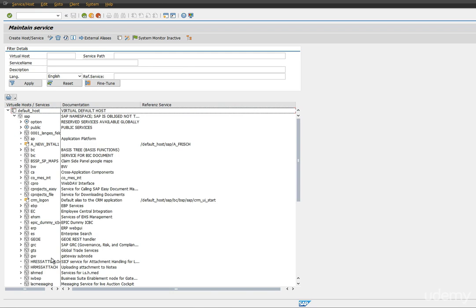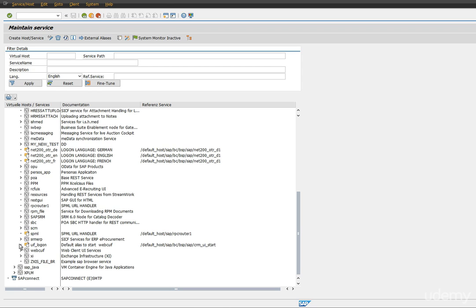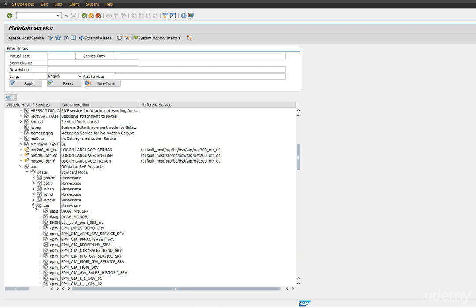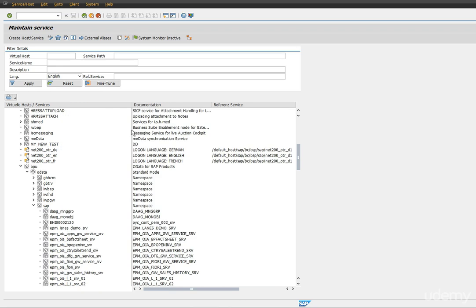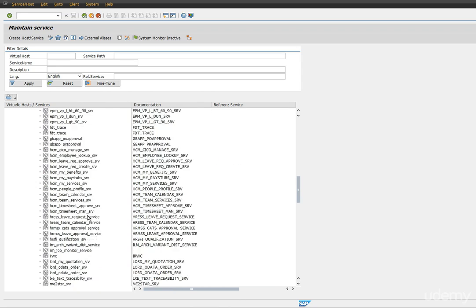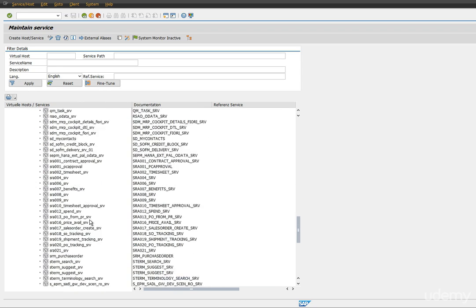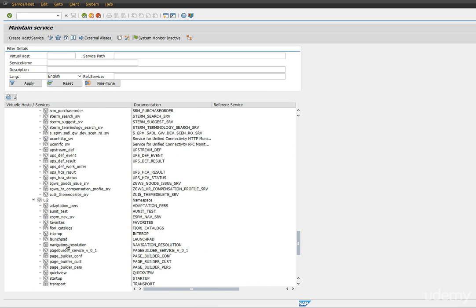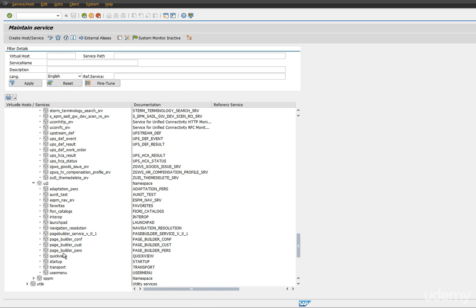SAP, Fiori time, SAP. So if you notice here, once the services are added, all these services are active here,